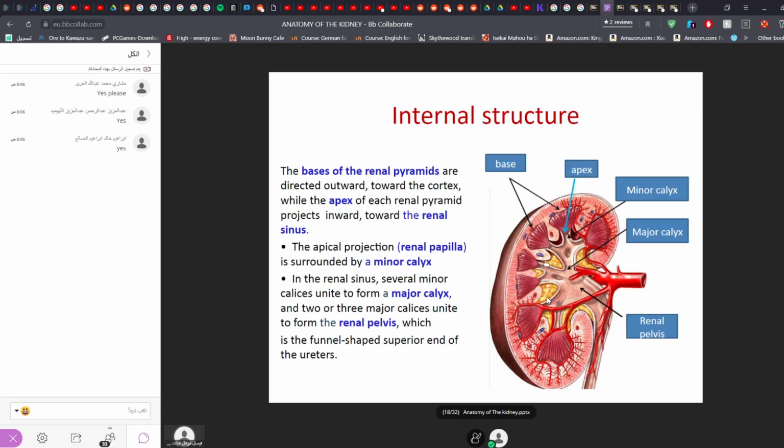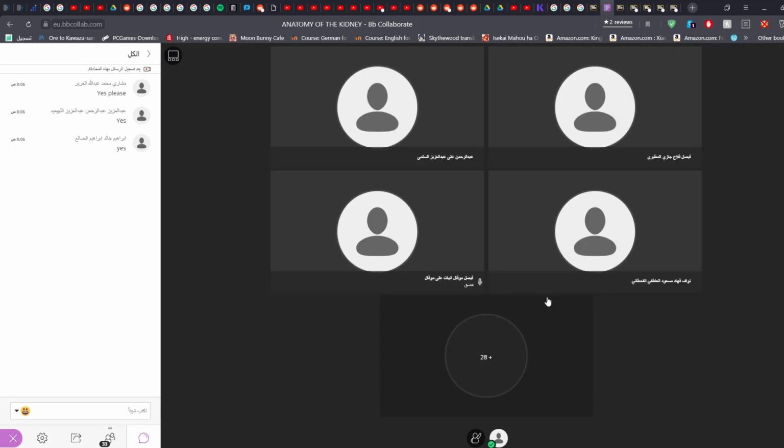In the renal sinus, several minor calyces, one, two, three, combine to form a bigger major calyx. So here you can see these are minor calyces. Again, another minor calyx. They are forming the major calyx. And three or four major calyces combine to form this upper dilated portion called the renal pelvis, which is a funnel shaped structure, or you can say it is the superior and expanded end of the ureter. So, downward,